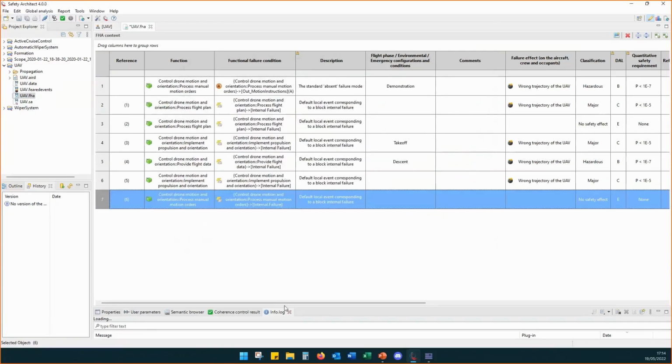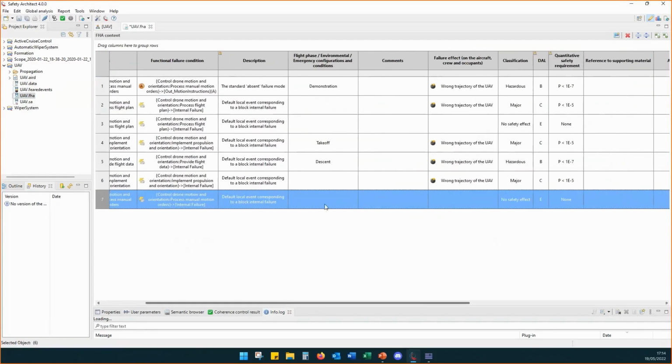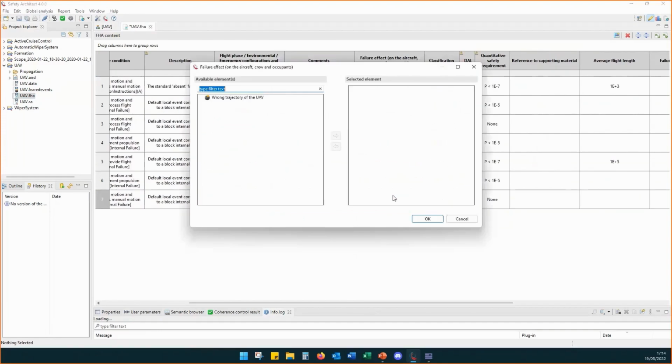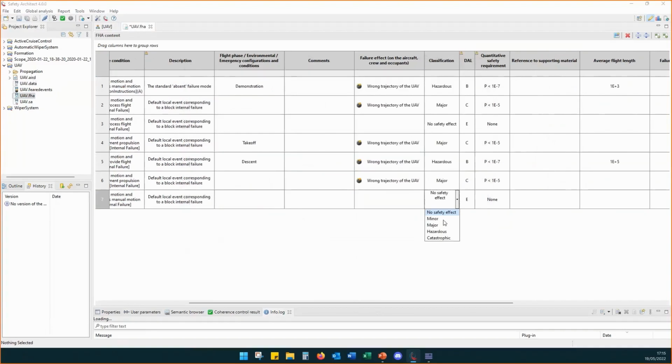Next, some other columns can be filled thanks to lists, and these lists can be customized in the preferences of the tool. We also have textual style. Here you can select a hazard that we added in the project, and you can assess this risk.